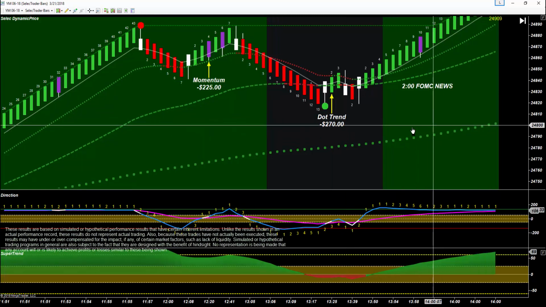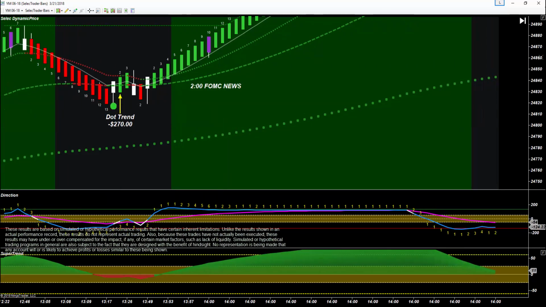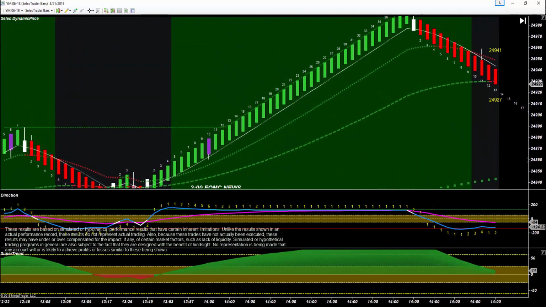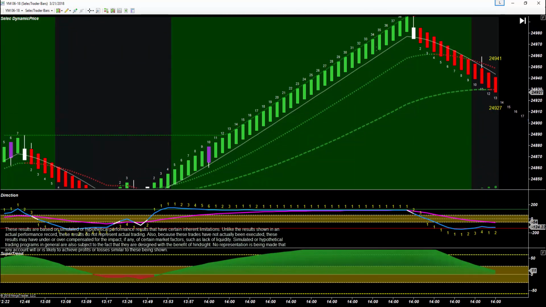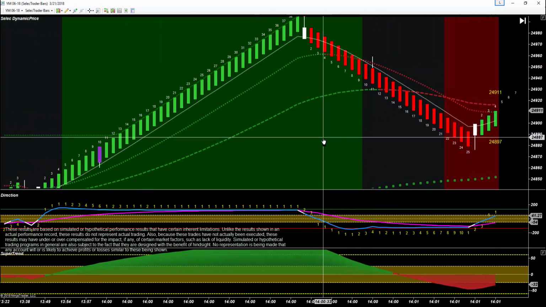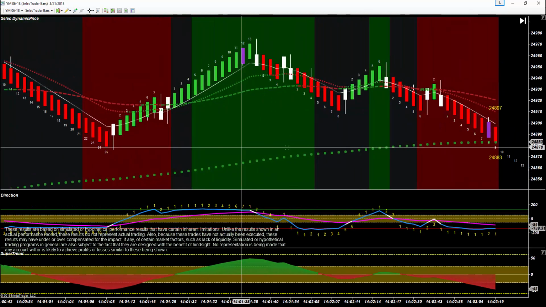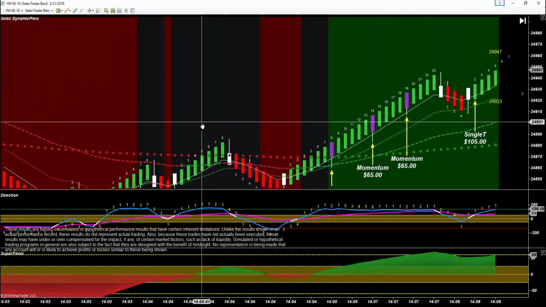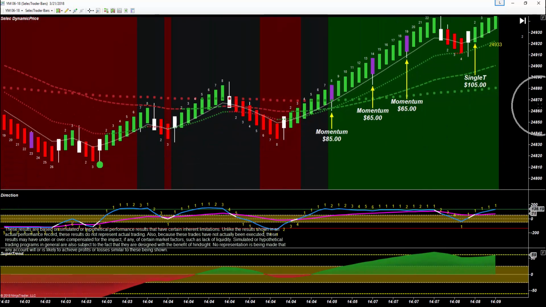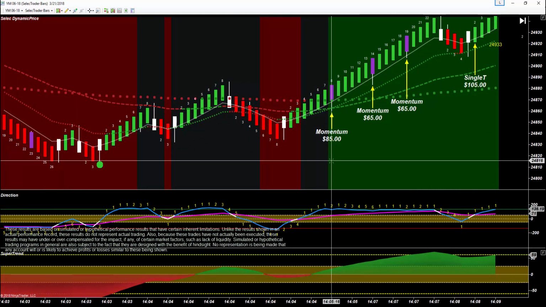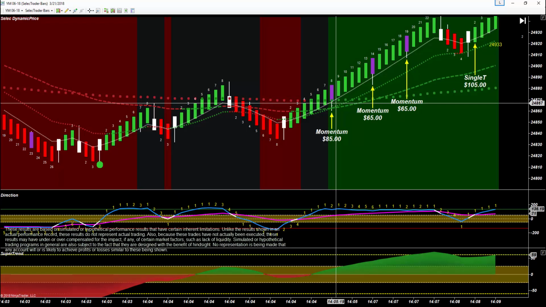Then we have 2 p.m. FOMC news, very important to sit out. Unfortunately, this time it does cause us to miss out on another great run, and you can see how much action took place, as we will not start trading again until 5 minutes after news, which is right here at our momentum trade that does hit profit target and grabs 5 extra ticks with the runner by trailing at the